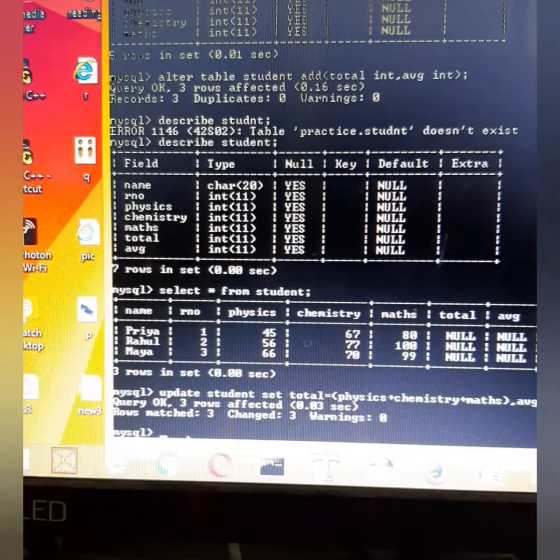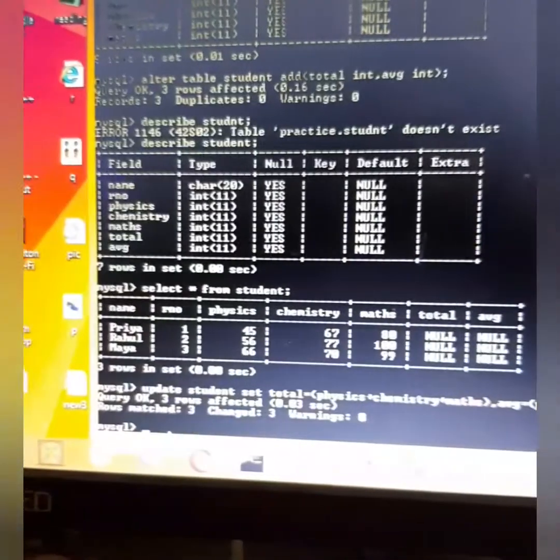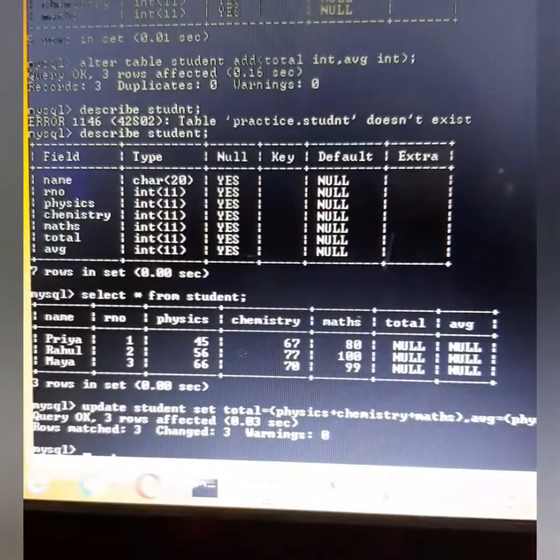If you are not specifying any where condition, it will update the total and average for each and every student in the table.